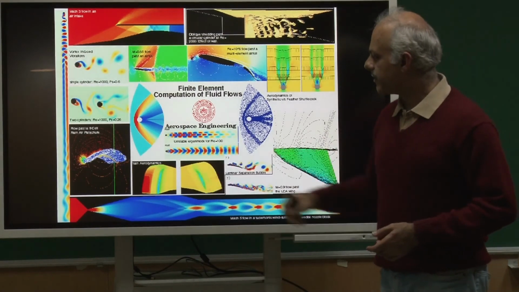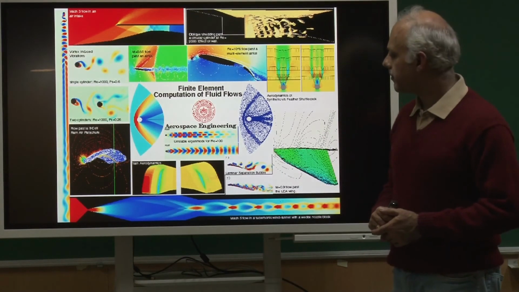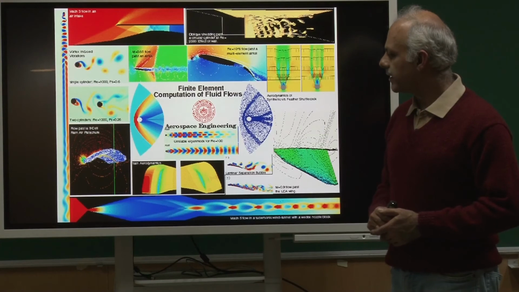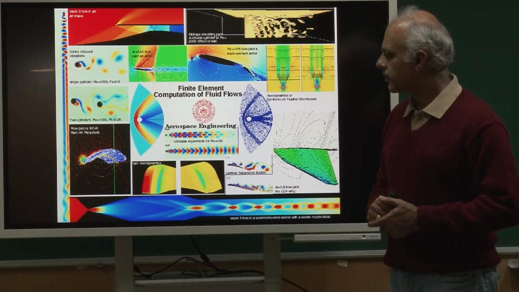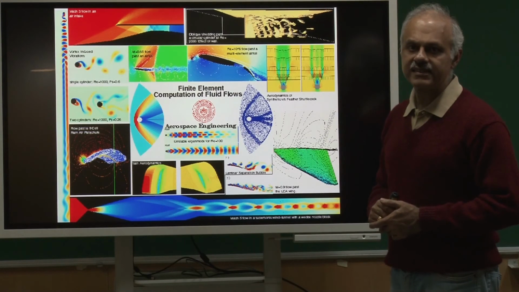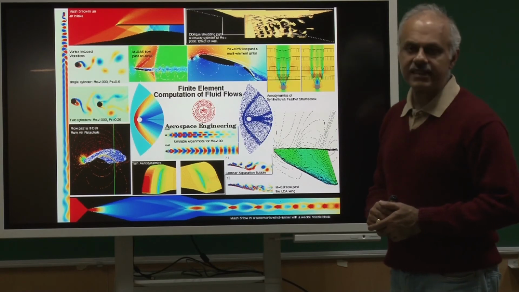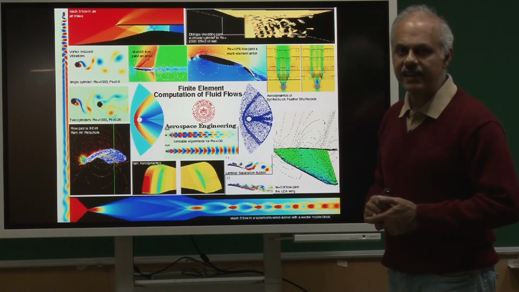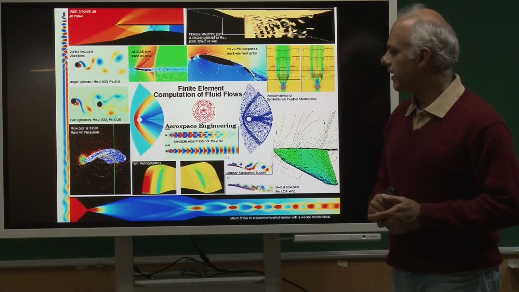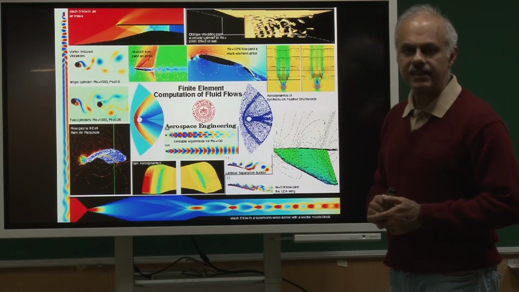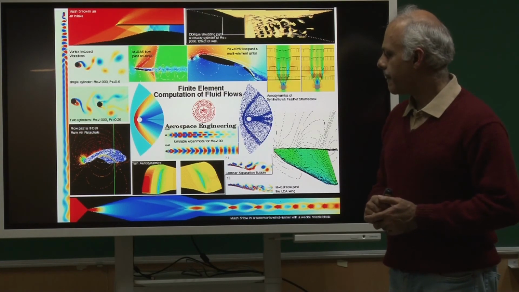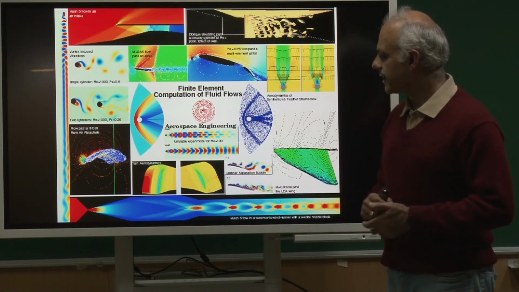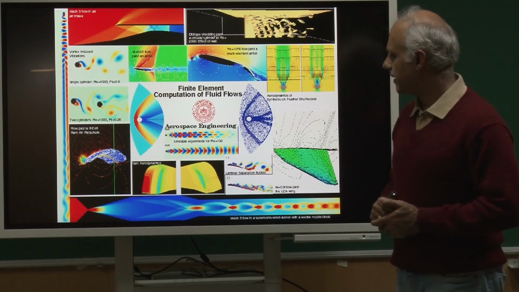This is a project that we had from Indian Railways to see what can be done to retrofit engines if we have to increase their speeds. Indian Railways has plans to increase speed of all its locomotives, and this was an exercise to investigate the pressure drag.